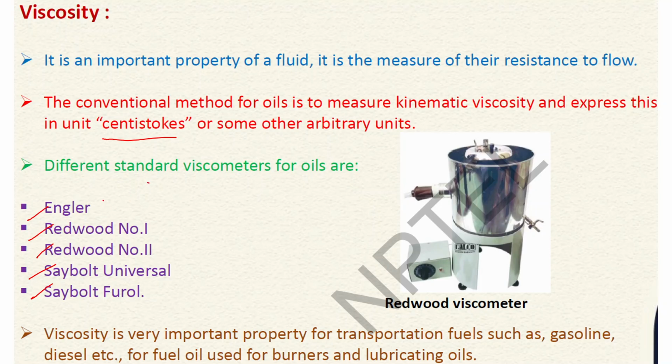So basically, the unit for this angular viscometer is degree angular. Different from all the others, these viscometers have different units. So basically, what happens in the angular viscometer,